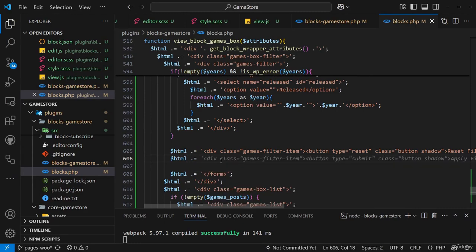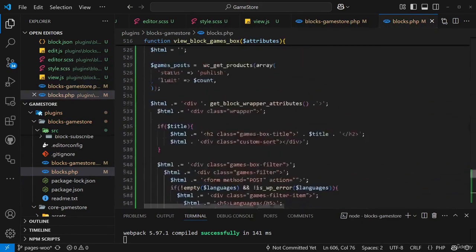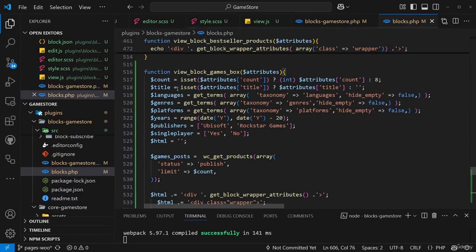So in our form, we will simply add hidden input fields. So, fields for output, just like